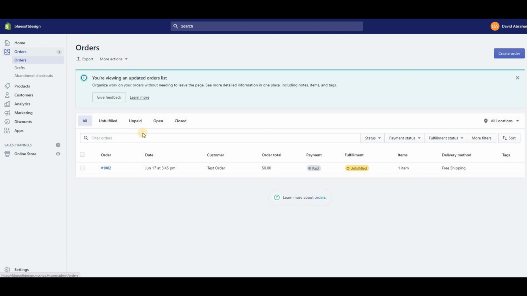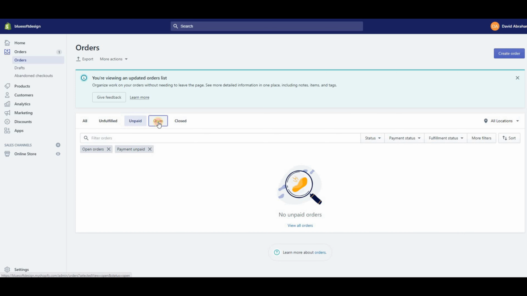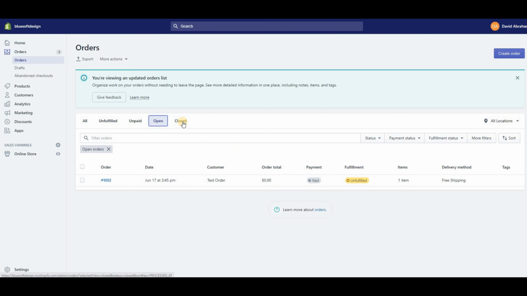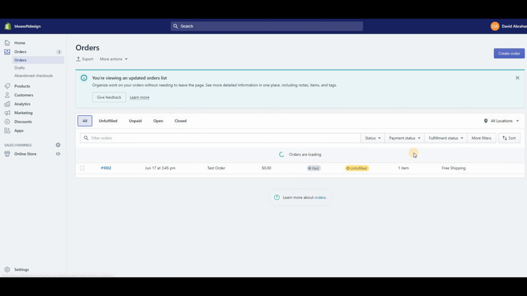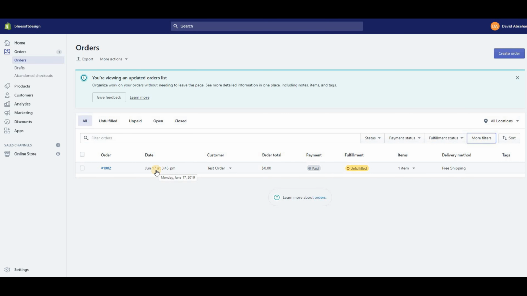You can filter down the orders either by fulfillment status. You can see which orders haven't been shipped out yet, which orders are unpaid, open orders in general, and old closed orders. You can also filter down in more detail by choosing status, payment status. You can choose by sales channel. You can filter down in a bunch of different ways, but this is where you'd be looking at your orders